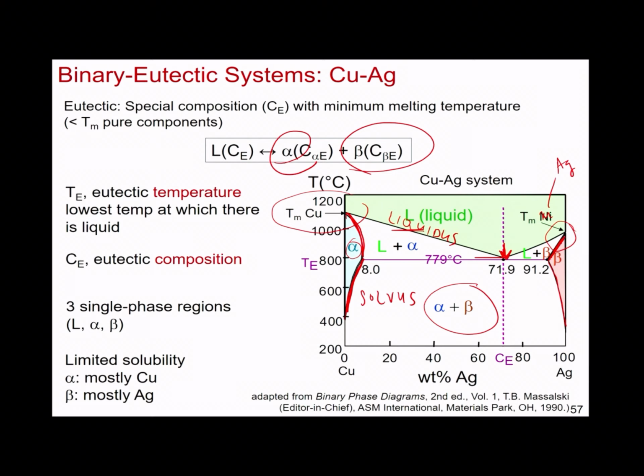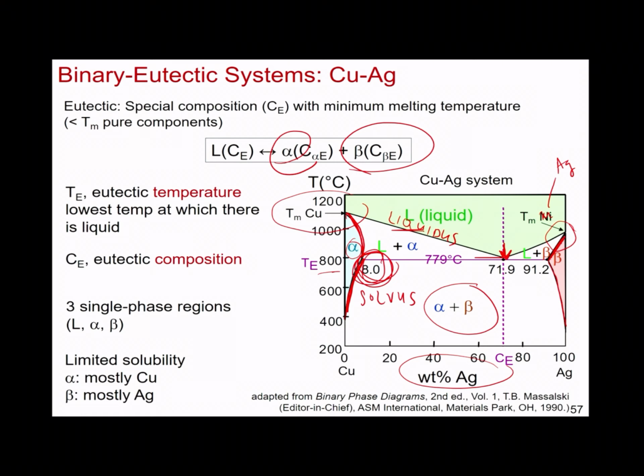And so what this is telling us is there's limited solubility. If you can see here, if you're trying to put silver into copper, you'd have to be at like 800 C or so for some substantial amount of silver to start going into the system. And in fact, the maximum solubility of silver into copper for the alpha phase is right here, is 8 weight %. That means if you're at 800 C, you can put in a maximum of 8 weight % silver into copper matrix